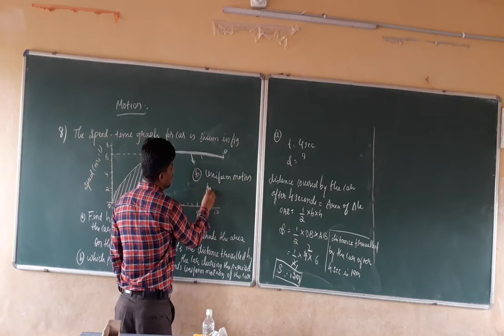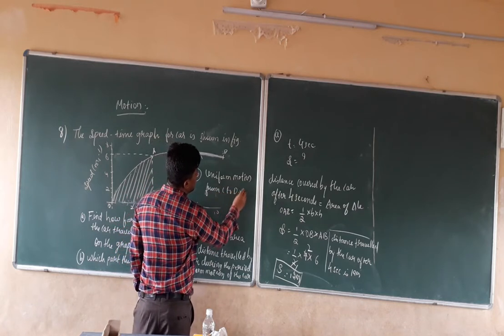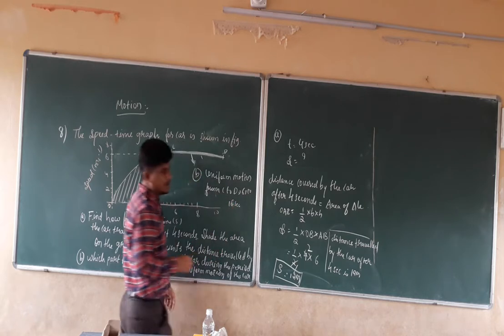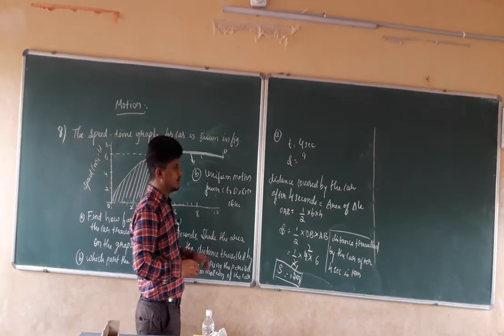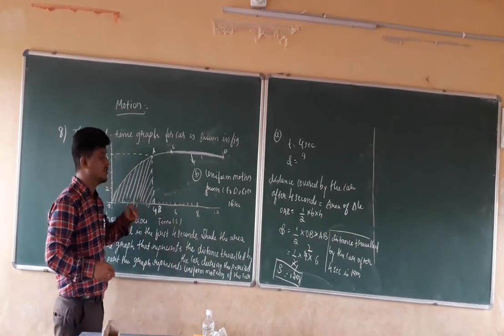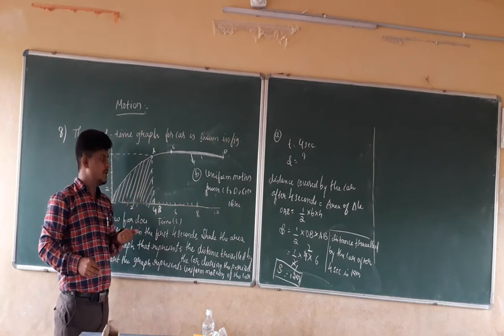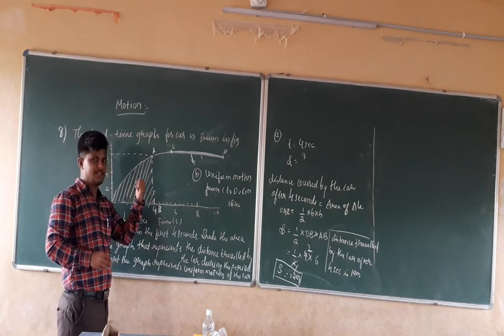From C to D, that is from 6 seconds to 10 seconds. Right? I hope this is clear. Everything about this problem is clear. What you have to do is redraw this graph. Right? The problem statement you have to draw. While solving the A question, again you have to draw and mention this graph. You have to shade this area.